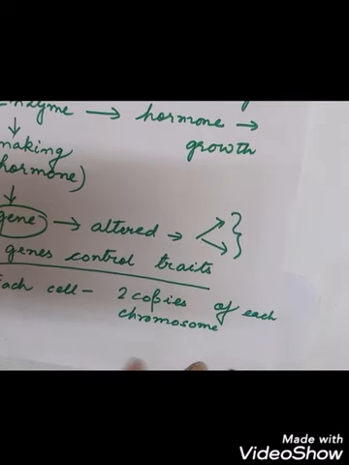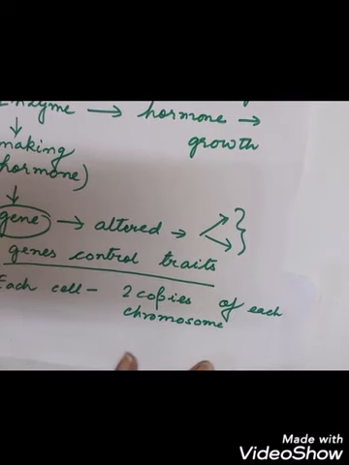What we are representing with the traits are what? Actually the chromosome. So 2 copies of each chromosome will be present in the parents, from male and female. Where are they getting this from? They are getting this each from the male and female parents. Each cell will have how many copies of chromosome? 2 copies of each chromosome, which is derived from the parents.